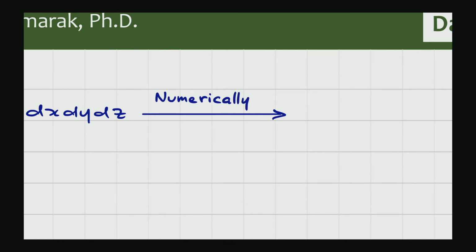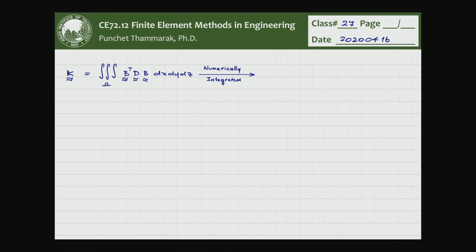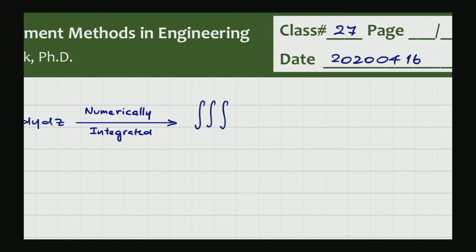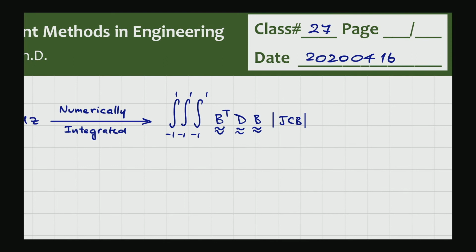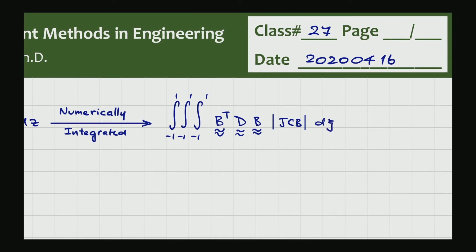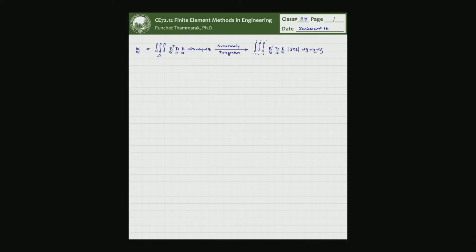Numerically integrated. And that makes it in the numerical coordinates. The Jacobian of transformation is going to be there, which is the determinant of that matrix, and d xi, d eta, and d theta, just like this. The whole point is that if you want to make the code for 3D or not,